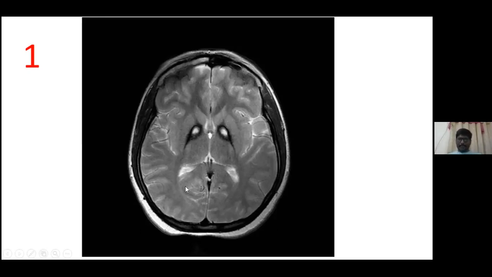And again, these are the basal ganglia structures. In basal ganglia structures, remember, you need to first know what the normal structures are. There are the caudate nucleus and the lentiform nucleus. And in the lentiform nucleus, again, there are two parts. One is globus pallidus, another one is putamen. Okay. So the medial structure is the globus pallidus and the lateral one is the putamen. Okay. And this is the caudate nucleus.